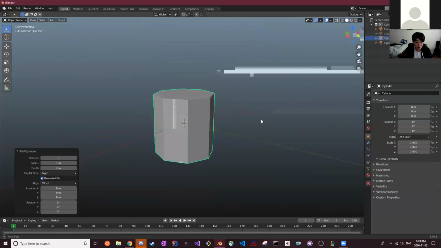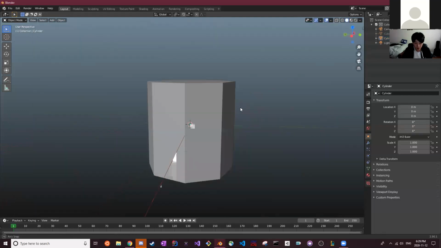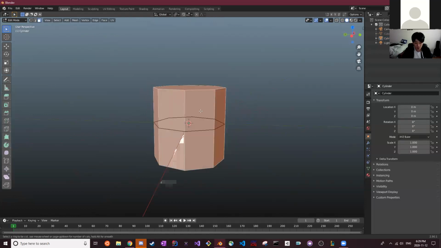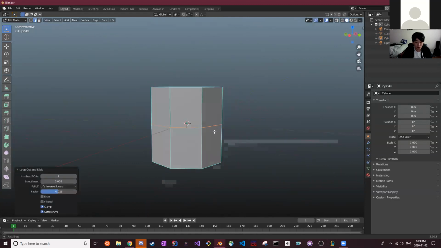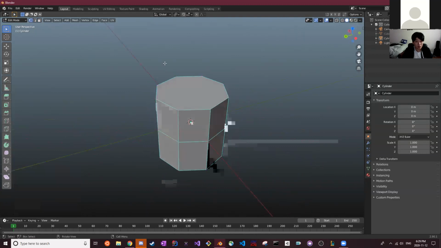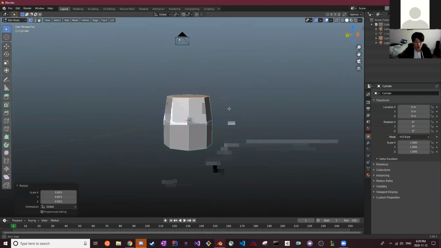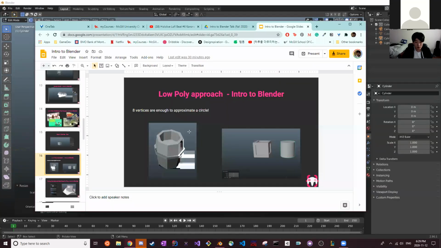And what we can do is try to make something like this. So what we can do here is Control R to create a cut, an edge along this line here. And then I can select these vertices and scale them down by pressing S, as you can see here. Scale it down again here,